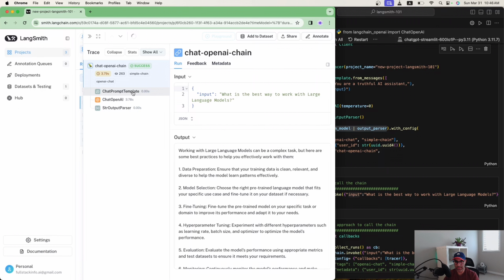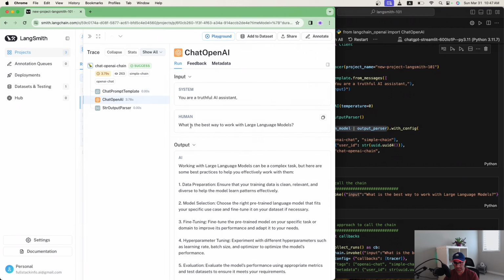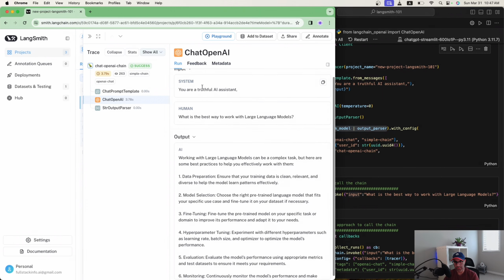You have this pipeline here, so it's just showing up here. So you have your prompt. So this is the prompt. So let's look at the prompt. This is what is passing over to the language model. These are the kind of steps that the chat OpenAI or the LLM will actually go through.